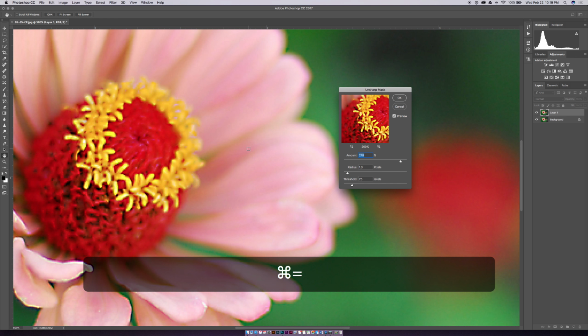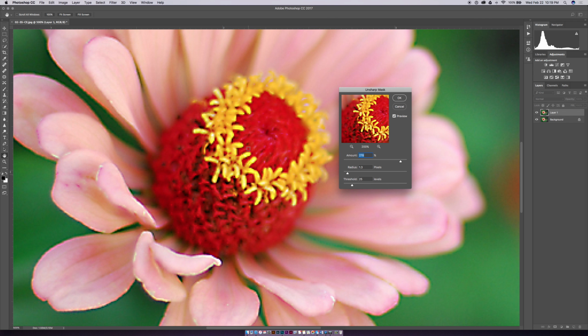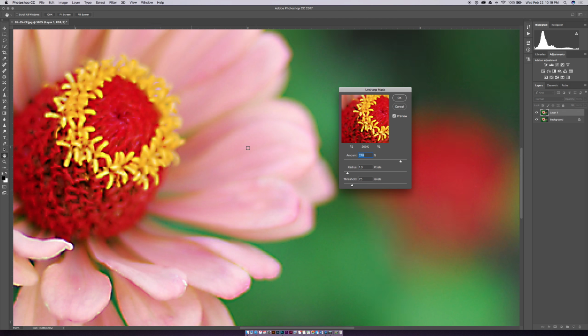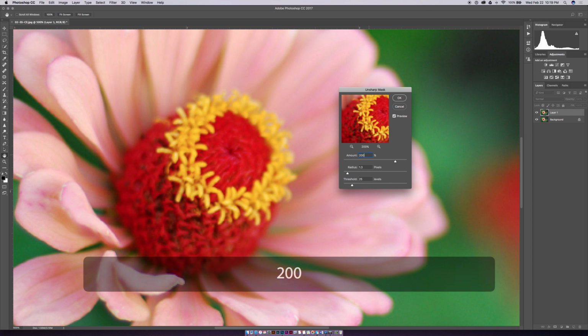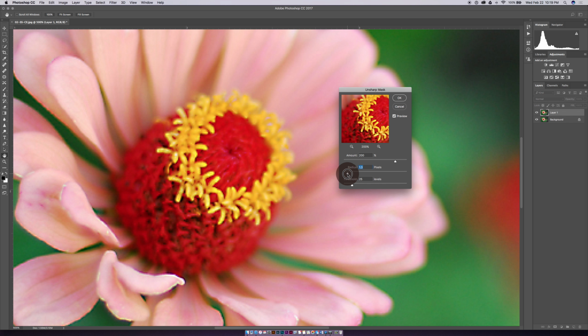As you can see, I am zooming in, and you can use your mouse wheel or your trackpad to move around. So now that I have this image here in this Unsharp Mask window, I want to set my settings. So I'm going to keep it at about 200%. And here you can actually type in 200 if you want. Radius, you should probably keep anywhere from 1.1 to 4. As you can see, it all depends on how sharp you want it to look. I'm going to keep it a bit on the not as sharp side, so I'm going to go around 2